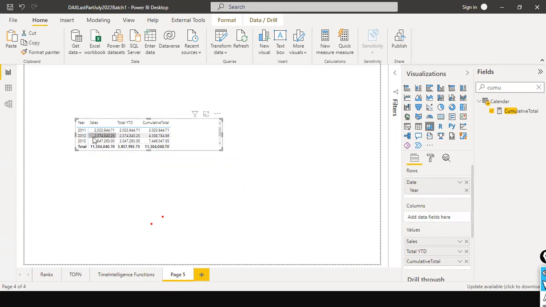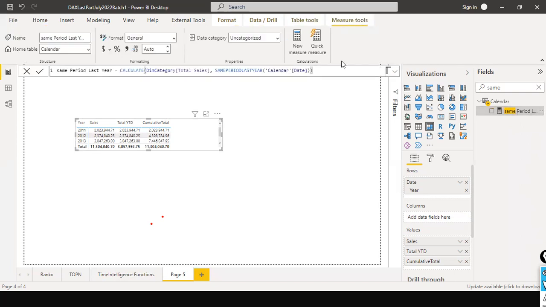So for example, you wanted to compare side by side. What is the previous year sales in 2012? So if you display the previous year value alongside, it will be pretty easy, right? So for that purpose, I have just created same period last year. This is the function, the calculate function, and same period last year. So what is this? Last year, the same period. What is the sales, right? So this one, what it does is, if I drag and drop it here,